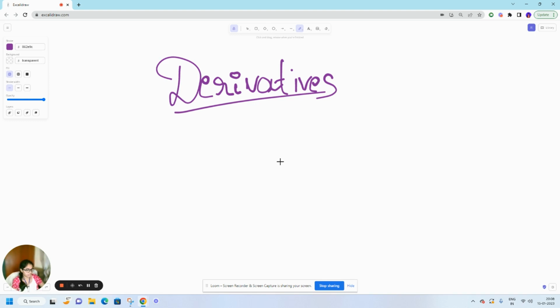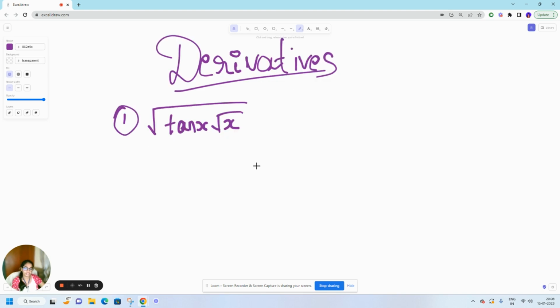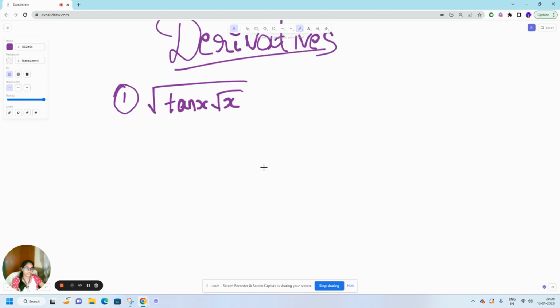The first one is: find the derivative of square root of tan root x. How do we solve this? Obviously, we would use the chain rule. So using the chain rule, we solve this problem. The first step is